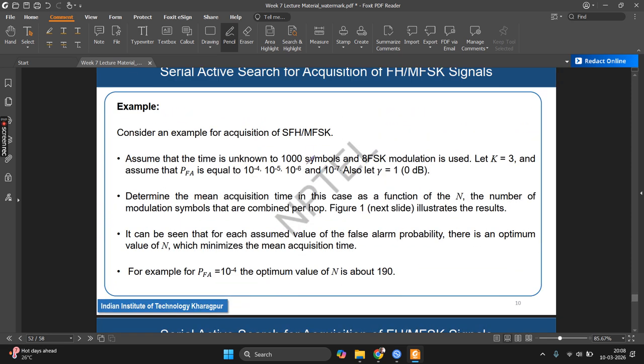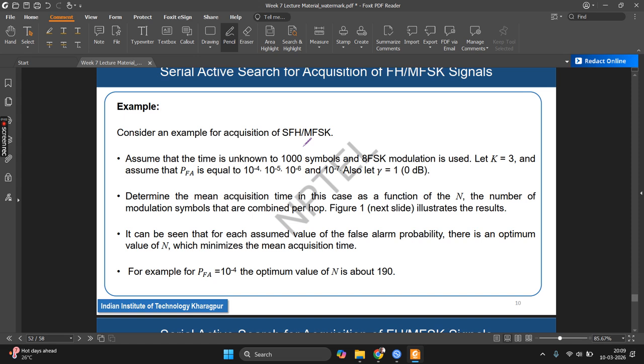So consider an example of acquisition for slow frequency hopping. So we have a numerical example now. Assume that the time is unknown, 2000 symbols, and 8 FSK modulation is used. So 8 FSK modulation means M is 8. Let K equal to 3 and assume that